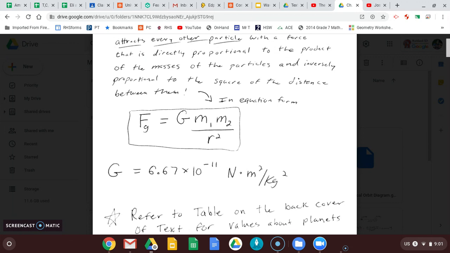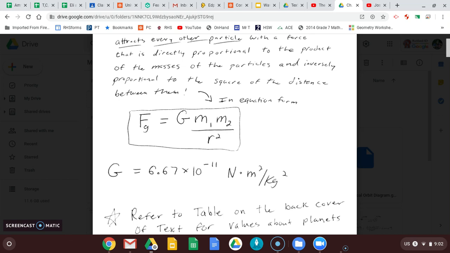And like I said, if they're two everyday size objects, even very close together, you're going to get really small numbers because you're not going to be able to feel this. But if at least one of the two masses, if not both of them, are like planetary big, star big, moon big, even if they're fairly far apart, there's going to be a significant force of gravity between them. And one quick thing on this constant big G, kind of crazy looking units right there, but really like any constants, their units are there in order to cancel out with the units in the rest of the formula to form newtons in the force. So that's kind of a quick, simple reason why they're really ugly units.